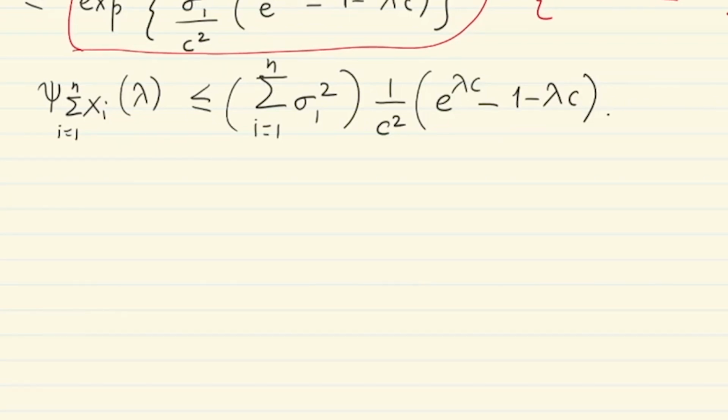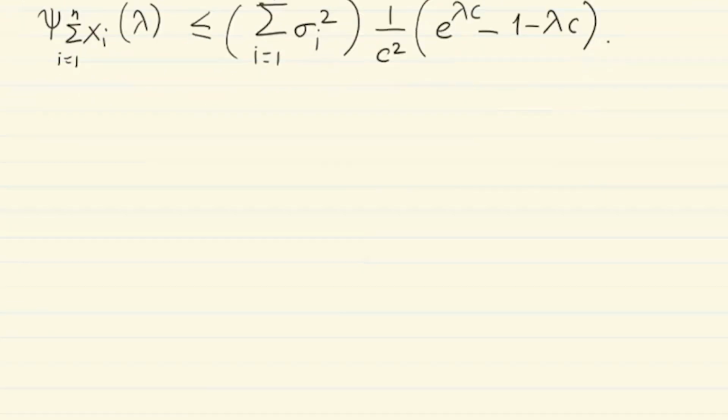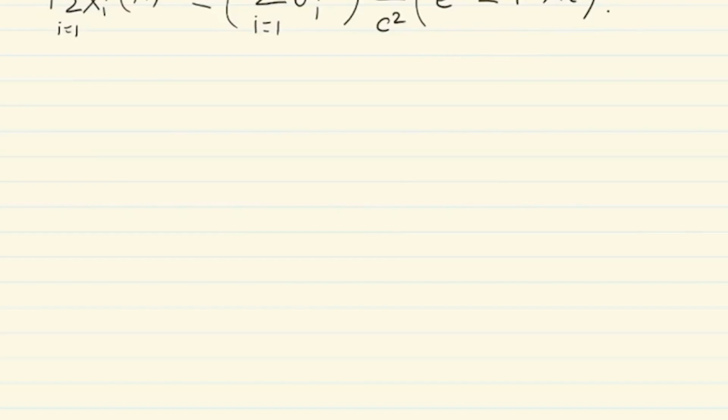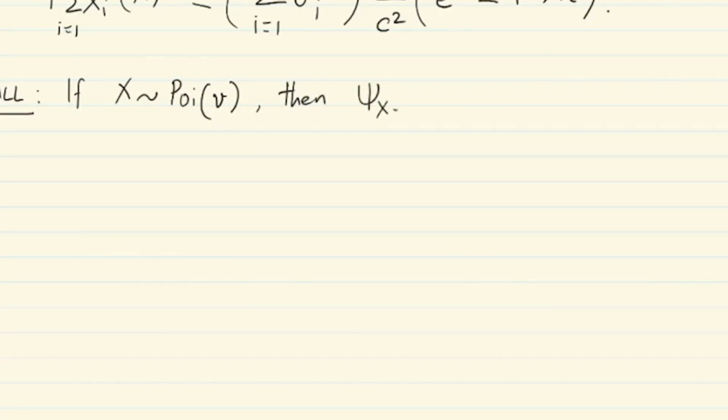Now this kind of log moment generating function bound is something that we have actually seen before, and just to refresh our memory, let's recall the following fact: if X is a Poisson distributed random variable with some parameter v, then its log moment generating function, when you center it by its mean v, is v times (e raised to lambda minus 1 minus lambda),